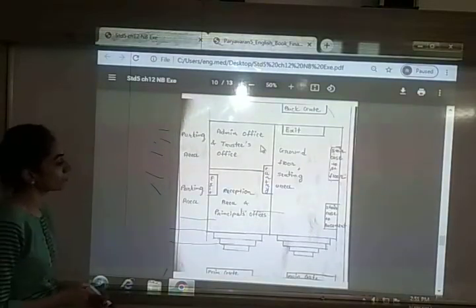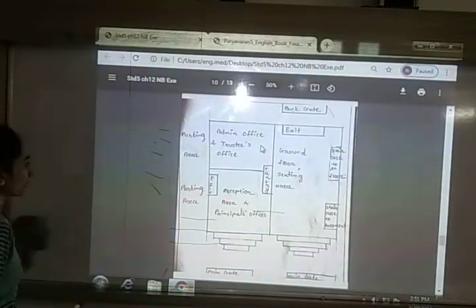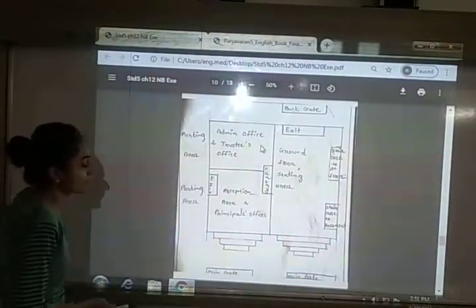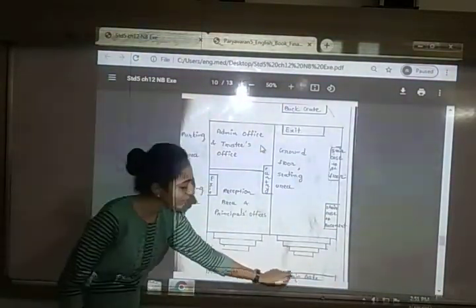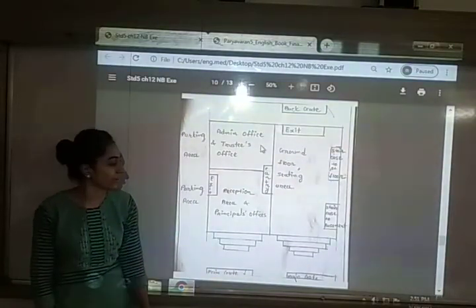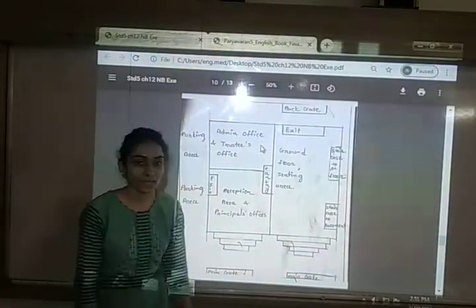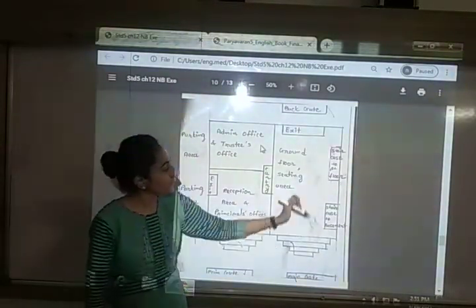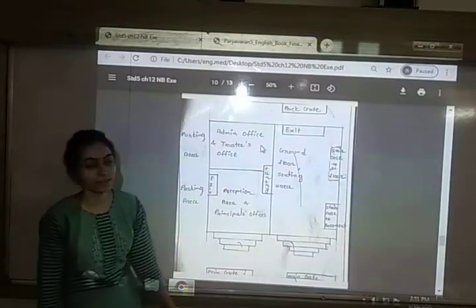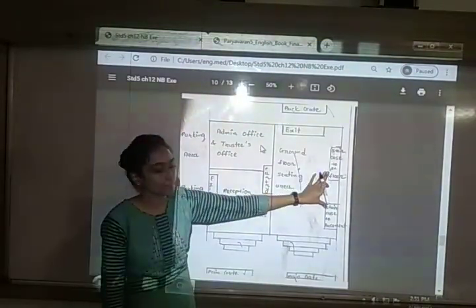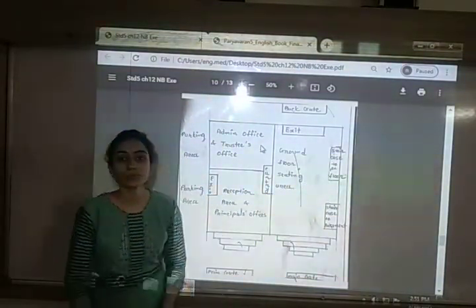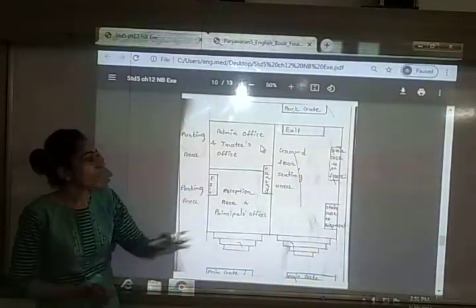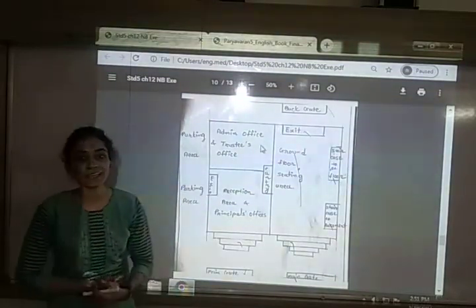This one is the map of my school, and here you can see the position of different places in this map. Starting from the main gate, two main gates are there, and this one is the position of the main gate. After these two are the staircases. The school is divided into two parts like this. Here on the ground floor, this one is the sitting area, and the two staircases are there. This staircase will lead you to the basement, and this staircase will lead you to the first floor. And on the opposite side, this one is the exit.